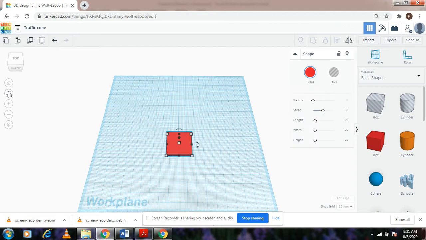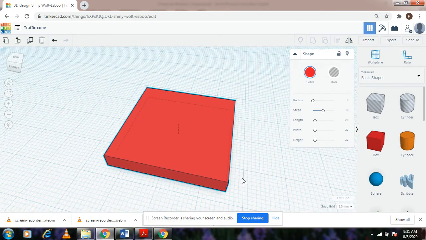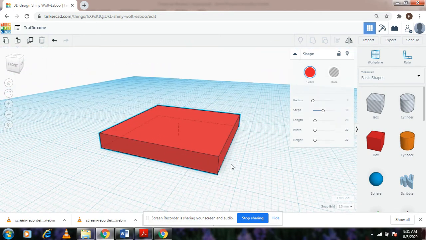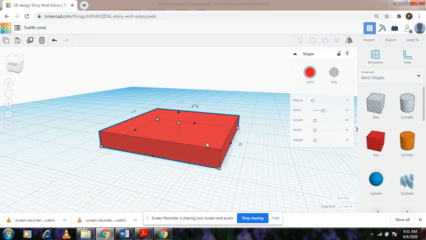Let us go ahead and fit view to selected shape so that we can have a closer look at the base. So now if you notice, this base has sharp pointy edges, but we want rounded off edges, for which we will select this base, and from the drop down that is present on the right side of this particular shape, we are going to click on this, we are going to navigate our slider that is next to the radius option. So what radius is going to do is it is going to round off the edges, and if you will take it far away on this line, this shape can also be converted to a circular disc.